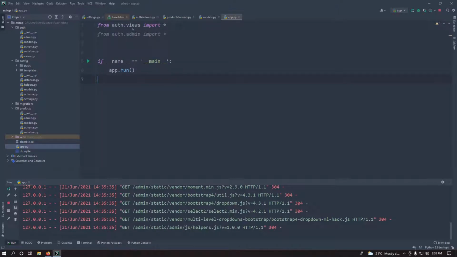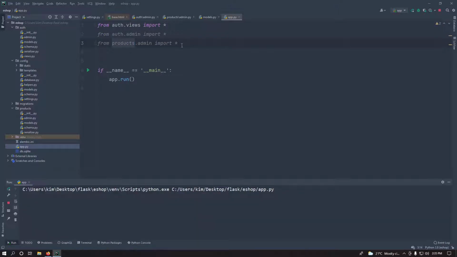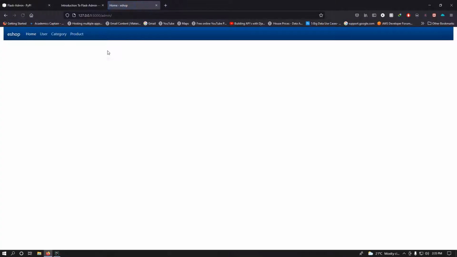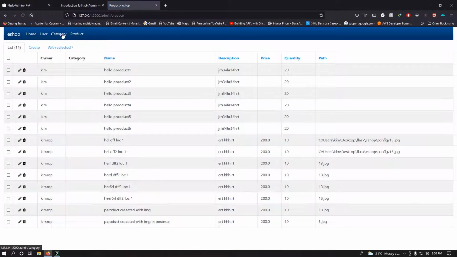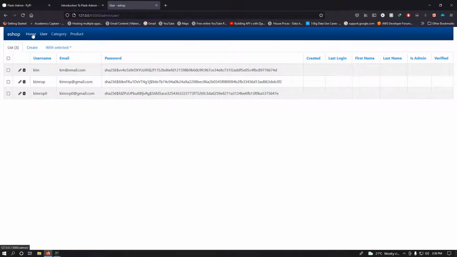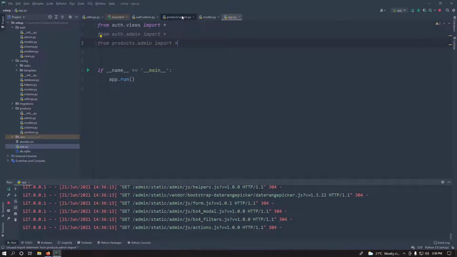Inside app, just use product.admin and refresh. If we refresh the page, then you see the new things were just added, and it's really nice. You get to see everything for image and wherever. So I guess that is helpful and real nice. So another thing I want to just show you how you can add icons.